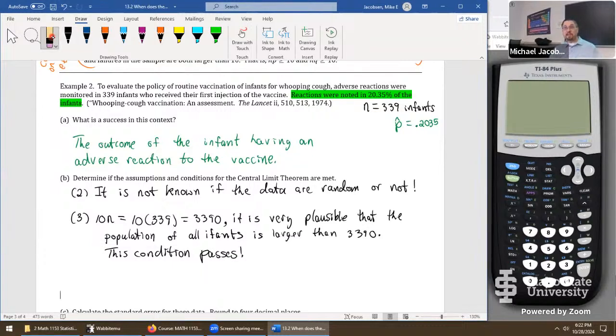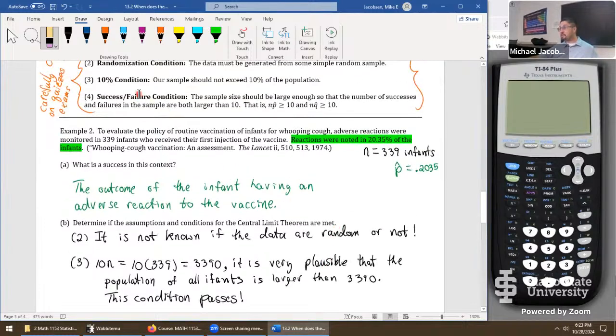But again, this is a pretty debatable one. If the population for this particular study was, once again, maybe just some small sleepy town, maybe Iona, maybe that is larger than the population size of all infants in Iona. But if it's a larger scale study, which seems plausible for something like a whooping cough vaccine, that'd be in the eyes of the target of lots of governments around the world, this is probably a huge population. Any questions at all, folks, getting through part 3, the 10% condition?